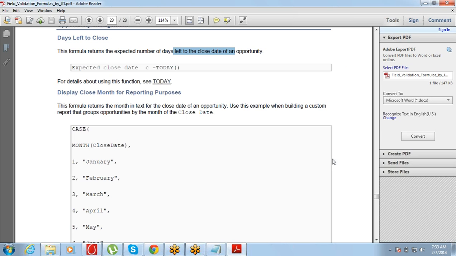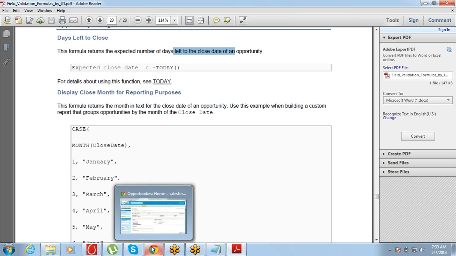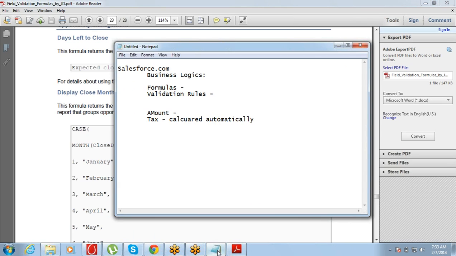Okay, tell me. So we understand that formula is a field type and validation. Though in both cases we are using formula expressions, formula is straight away a field type which calculates and puts a value into the field. Validation is a rule which calculates at the back end and then restricts us from doing certain entries.